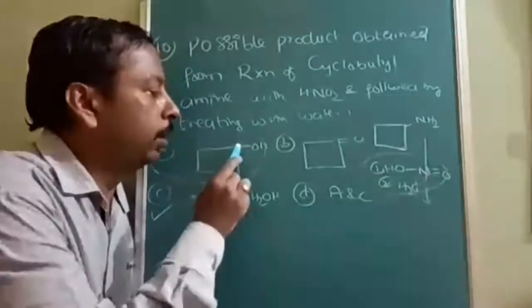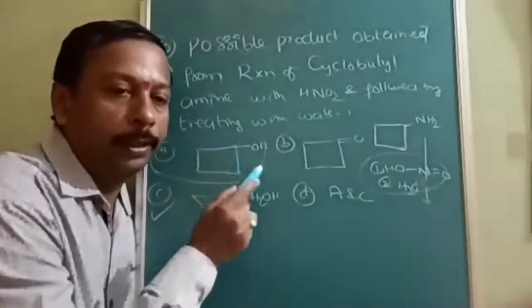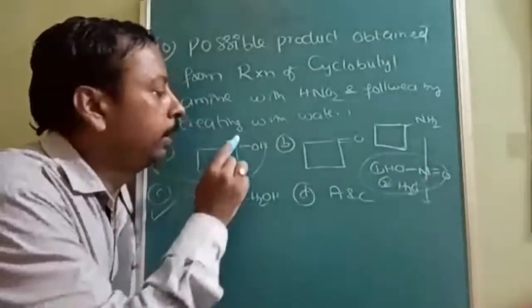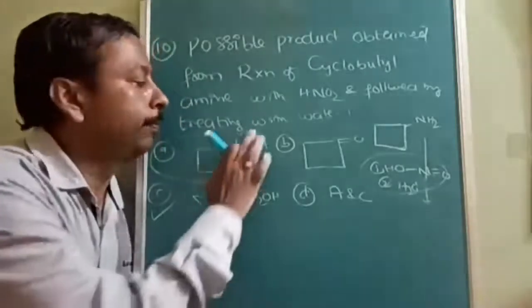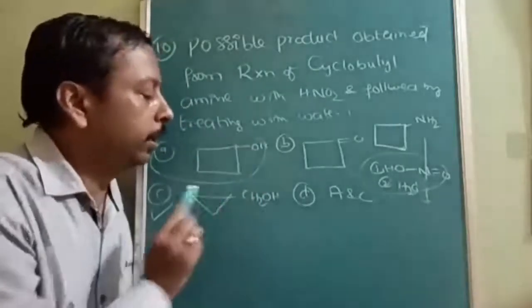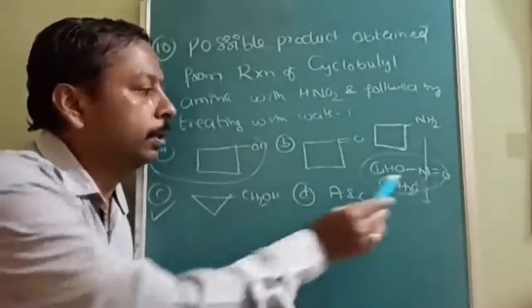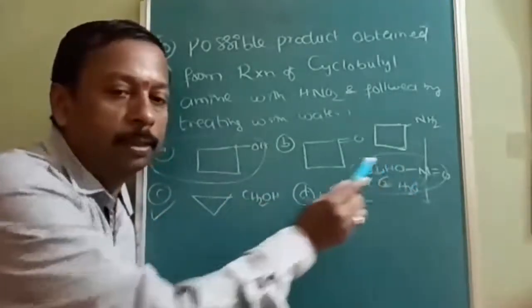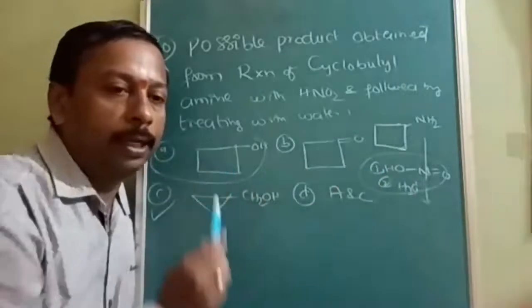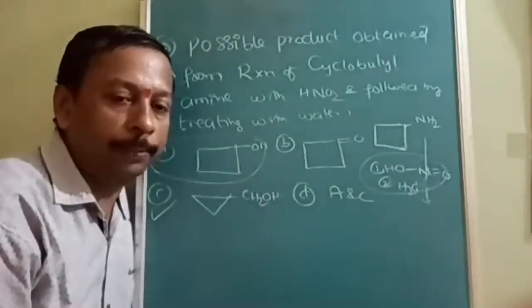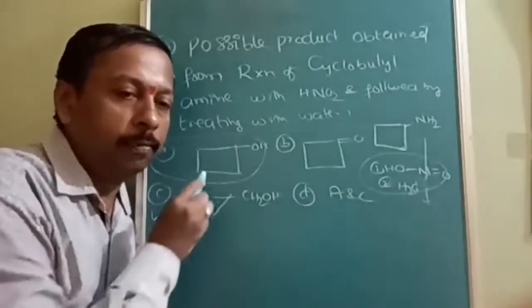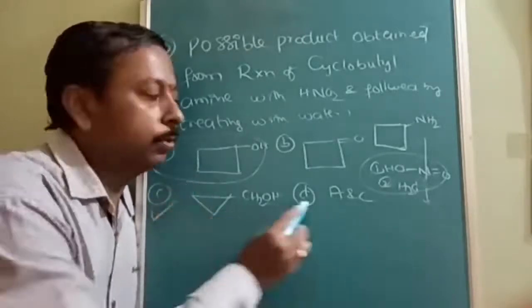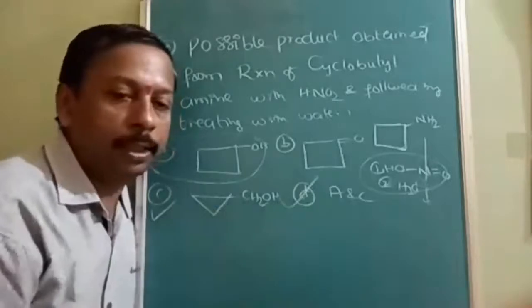Therefore, there is no alkyl group here either. Ring expansion is possible when there is one alkyl group like this. But here, only ring contraction is possible, because neither this carbon nor this one has a substituent which has carbon. Therefore, if it undergoes ring contraction, C. Without ring contraction, A. So the answer to this question is A and C.